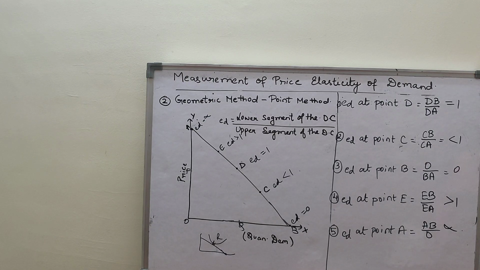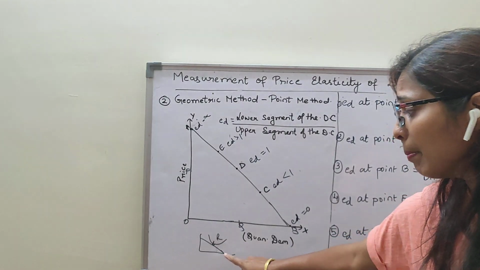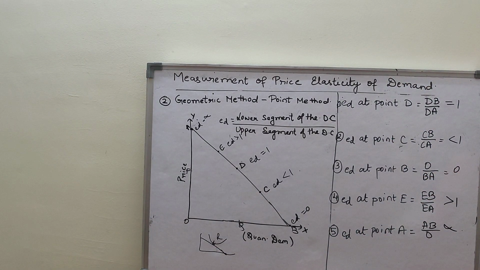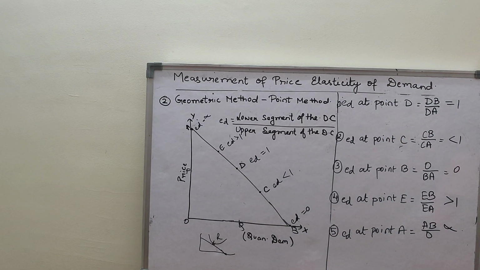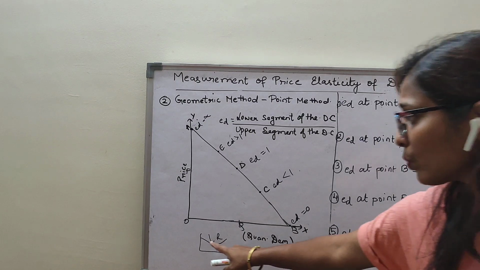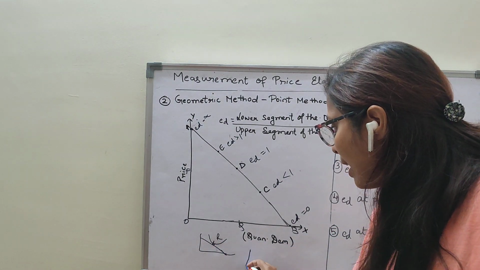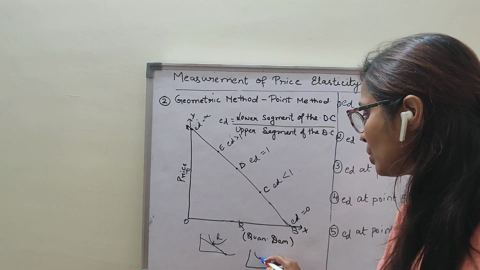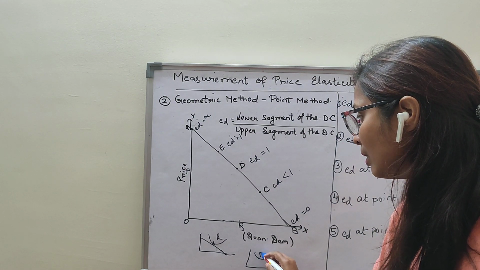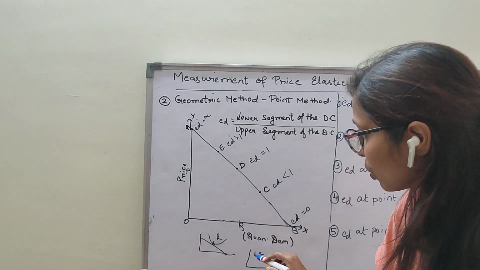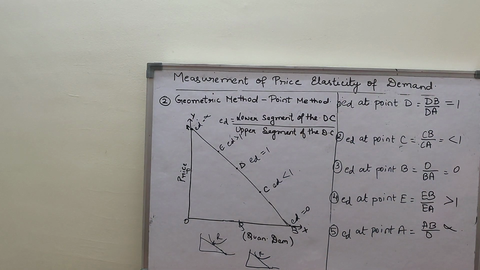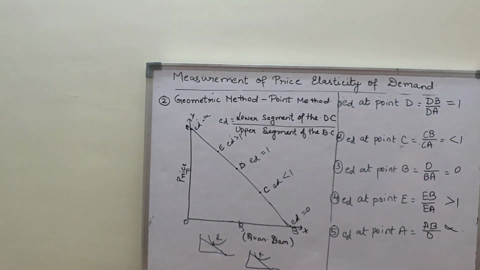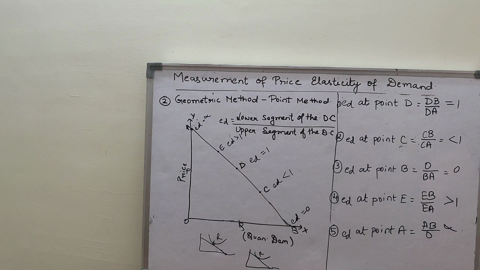Clear? Now you can see this is a non-linear demand curve, which is not a straight line, and suppose we need to measure the elasticity at point R. Now how to measure it on the demand curve? For that we have to draw one straight line, which I have drawn. Suppose I have given you one diagram here. I have asked you to just find out the elasticity at point R on the non-linear demand curve. So draw one tangent from the point R, and then we can find out the elasticity of the tangent to the demand curve by dividing the lower segment by the upper segment.